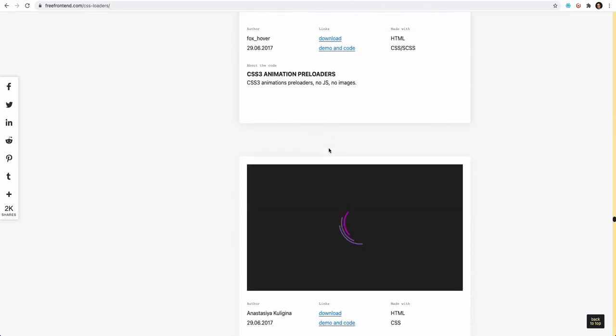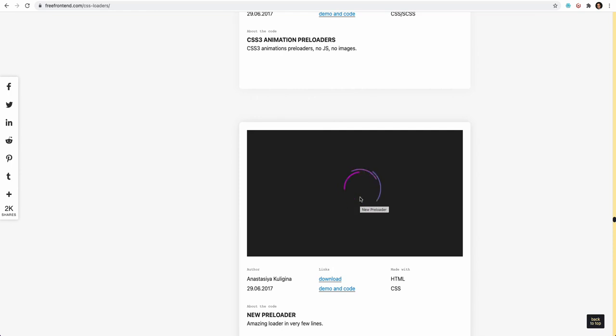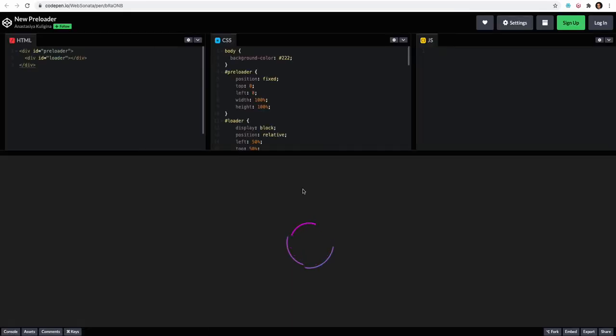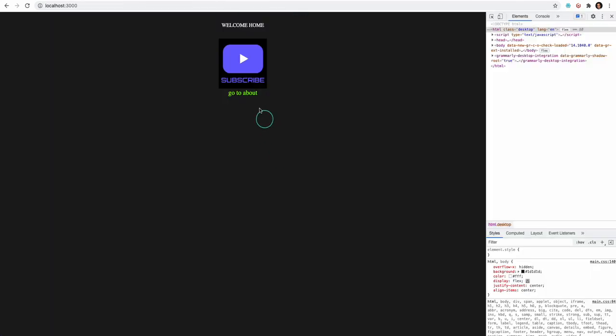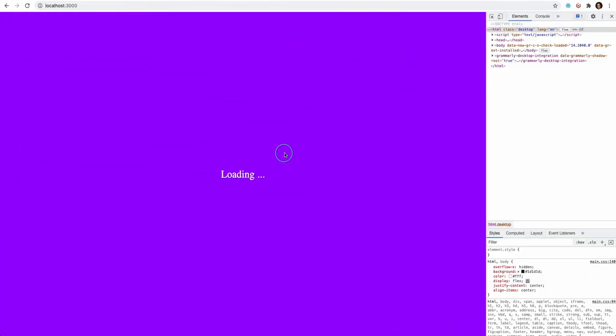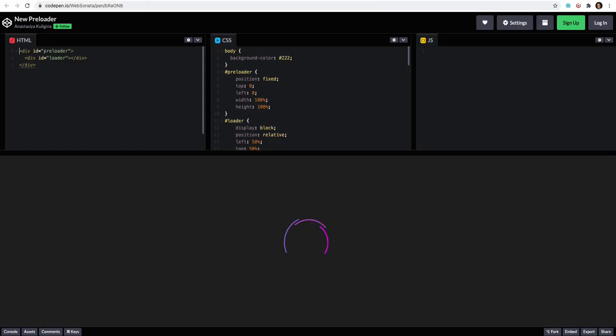But right now I'm gonna take the code from this demo and use that to create this cool animation when I'm moving from one page to another page. Basically I'm gonna replace this circle with that. To do that,